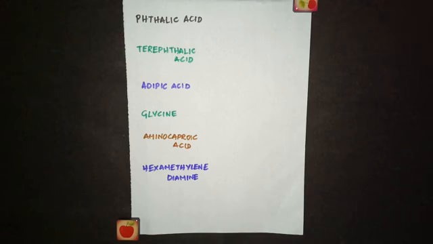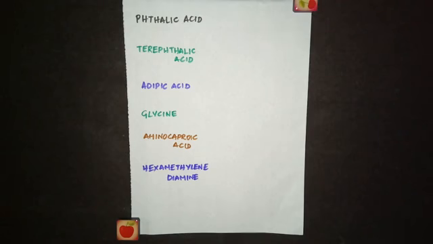In the first monomer that I have written here, which is called phthalic acid, there will be two acid groups. We call such compounds dicarboxylic acids. So if you take a benzene ring and put two COOH groups, then we call that phthalic acid. And in terephthalic acid also, you're going to take a benzene ring and put two COOH groups. But the difference between this and this is the position of the COOH group.